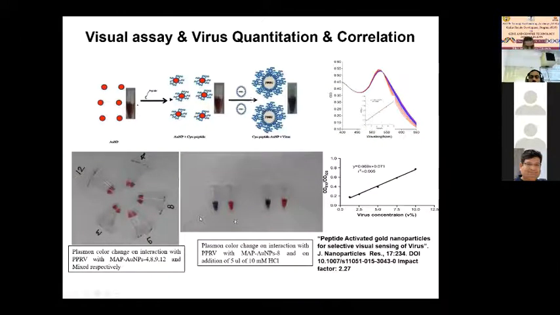For PPR also we have developed this. We have got 4 peptide aptamers for PPR detection. The peptide aptamer is red, and when it interacts with the virus, it turns bluish in color. You can see this change in color shift on the spectrophotometer as well. We correlated it and found a strong correlation, with a coefficient of 0.995. That is the kind of work we have done for PPR. Next, please.